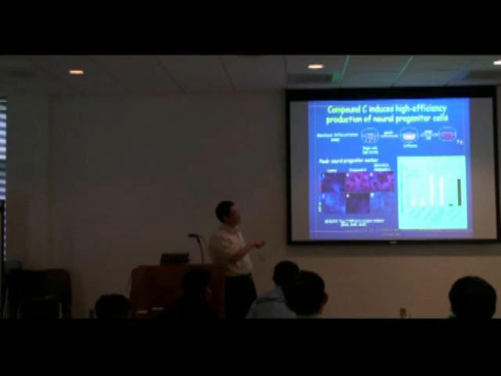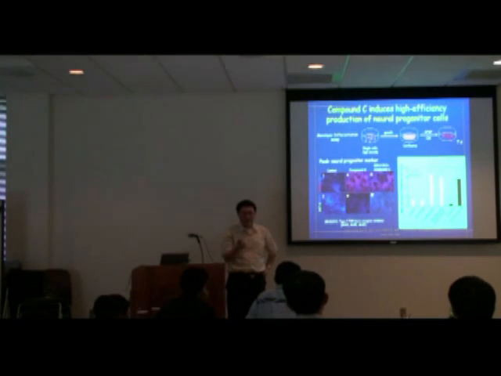We take basic FGF and medium from the cells. And then we either add compound C or not add compound C. And then we look at neuroprogenitor markers and see whether this manipulation can induce high efficiency neurodifferentiation. Does that make sense? So this is another example why this study is important.